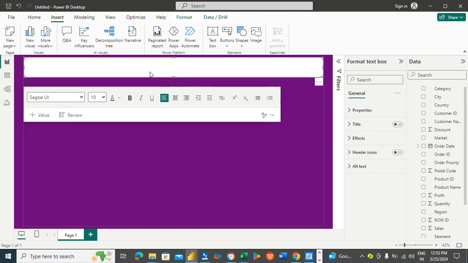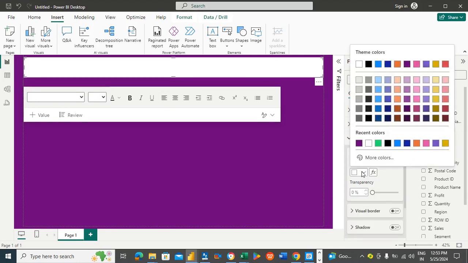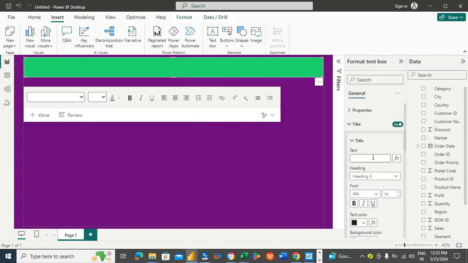Now in the effects section I'll go to background and change this color. See, the color has been changed. Now we'll enable the title and write the title here. I want e-commerce sales dashboard,